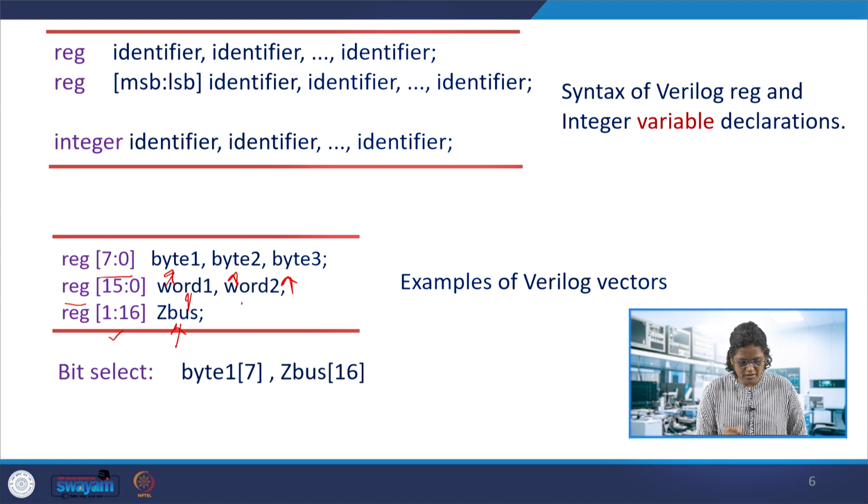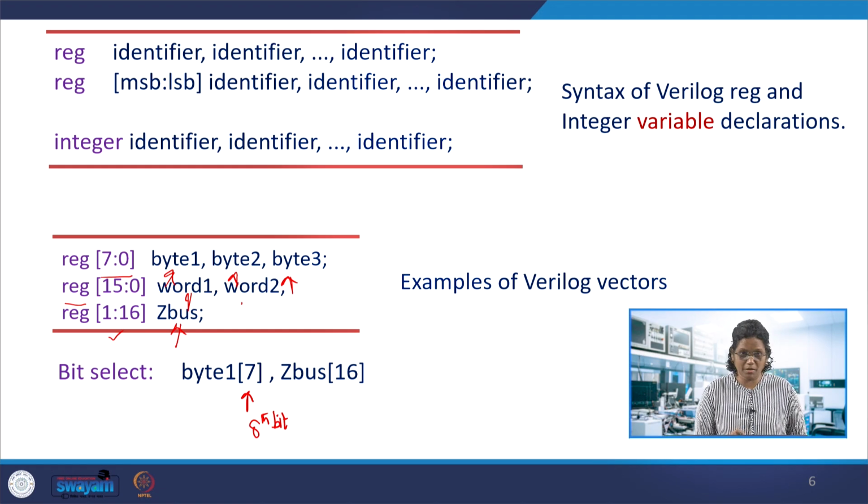We can also select a part of a vector. Suppose byte 1 is defined as 8 bits. If you give index 7, the 8th bit of byte 1 will be extracted.